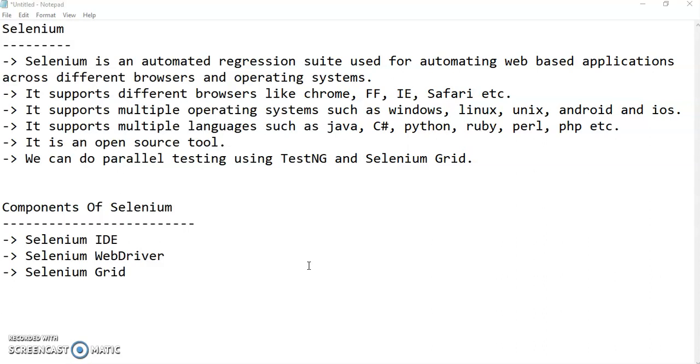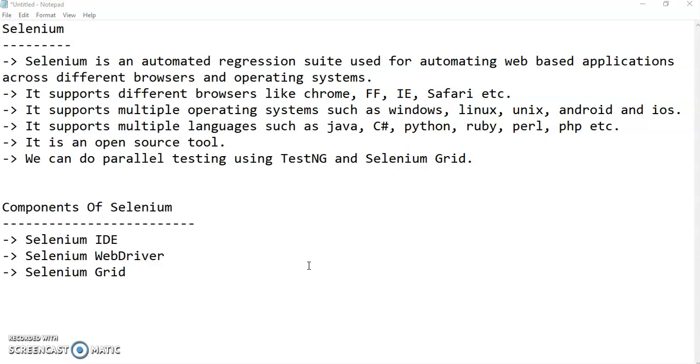Because Selenium can automate anything on the browser. But in between, if we have to interact with any window-based application, we have a solution. Selenium has to be integrated with a third-party tool like Sikuli or AutoIT. For example, suppose I have to upload a file.